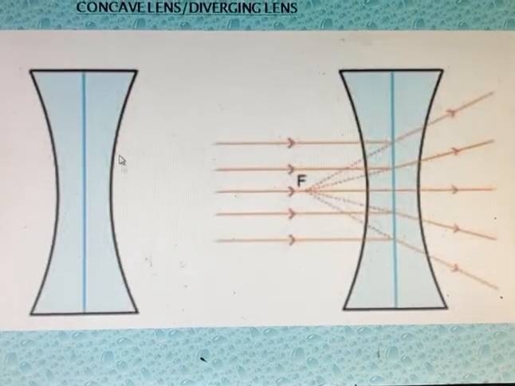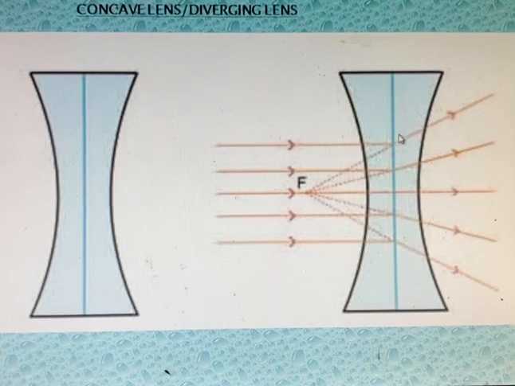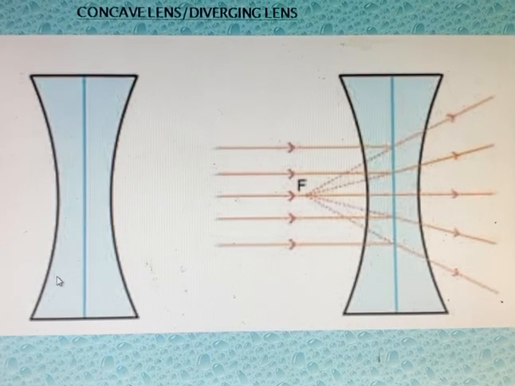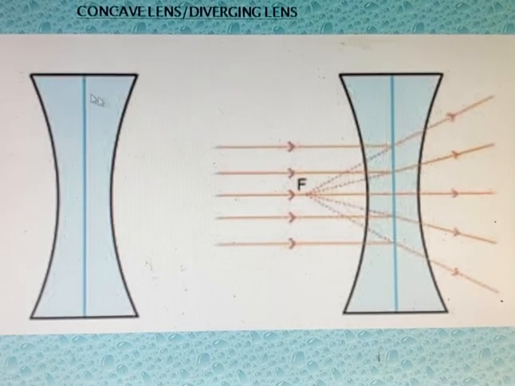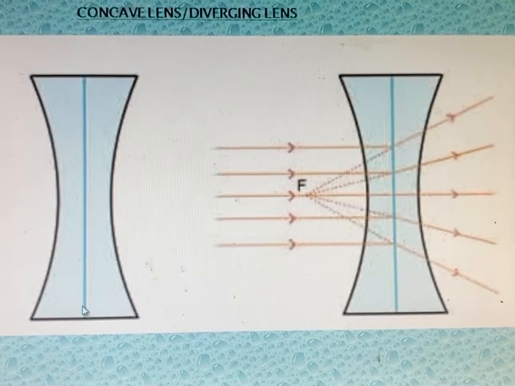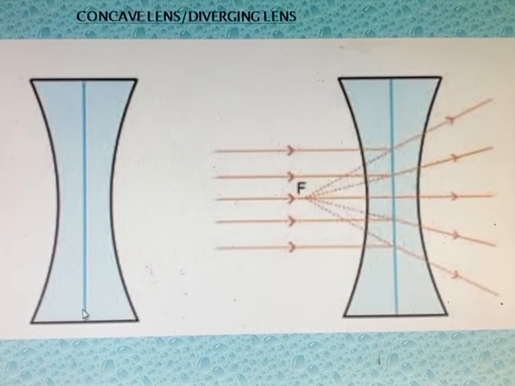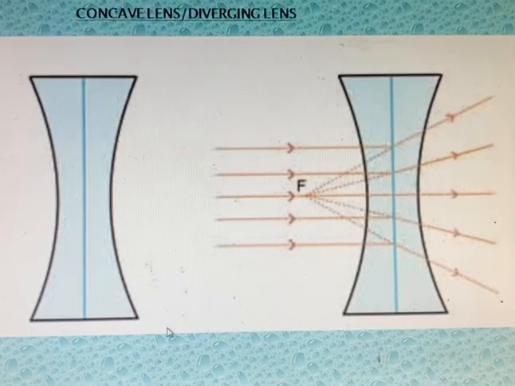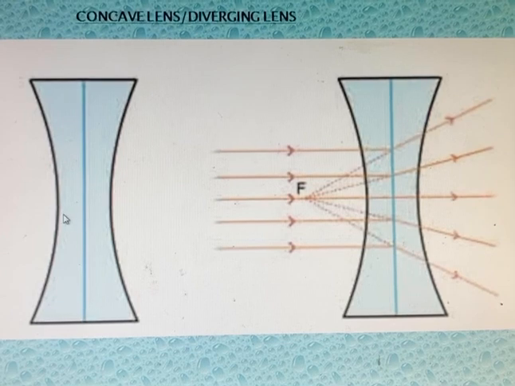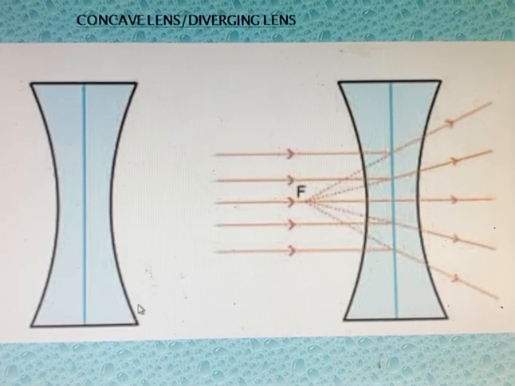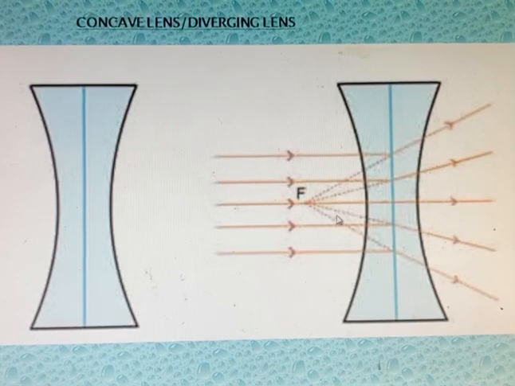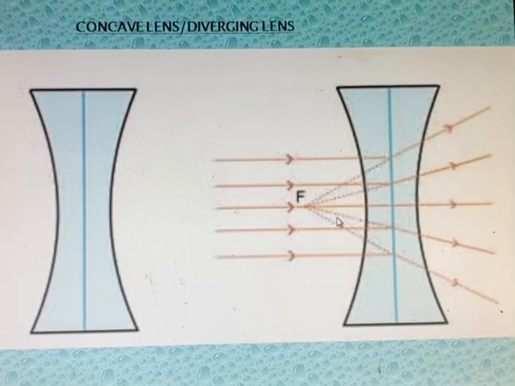There's another diagram, and this diagram is exactly like your book, right? Yes, I have copied from your book. This one is the concave lens or diverging lens. Diverging lens means at the edges they are thick, but at the center they are thin, quite compressed at the middle. These are called diverging. Let's see why it is called diverging lens.